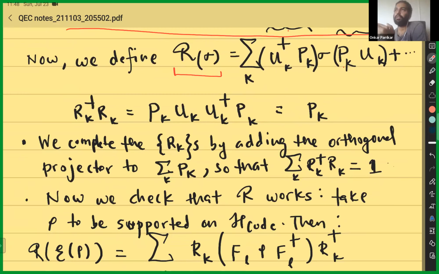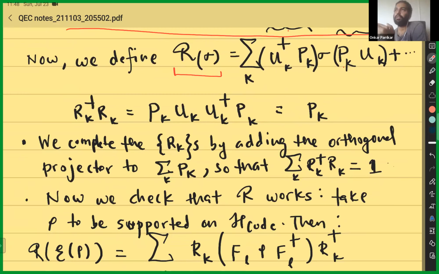Because remember that the action of the kth Krauss operator on the code subspace just rotated it by this UK to a new subspace in the full Hilbert space. And if that had happened, you can just rotate back by doing UK dagger. The problem here that could have occurred is that if these different images were not orthogonal to each other,